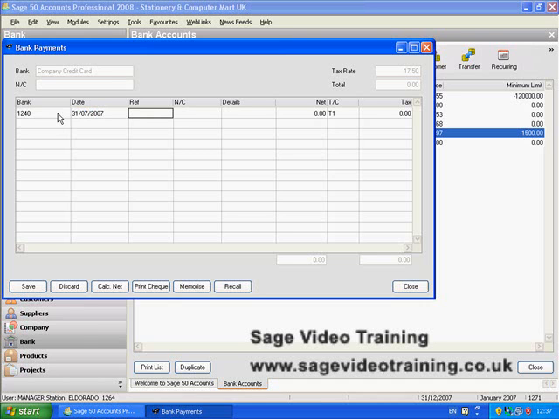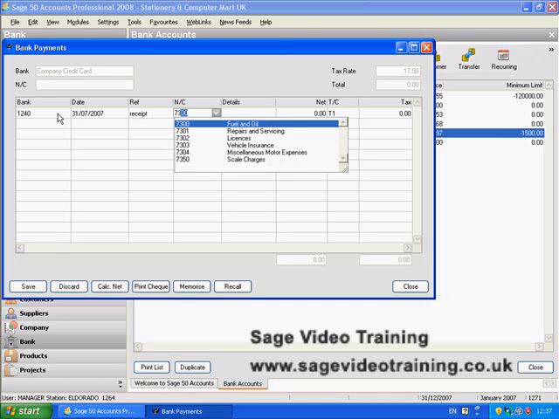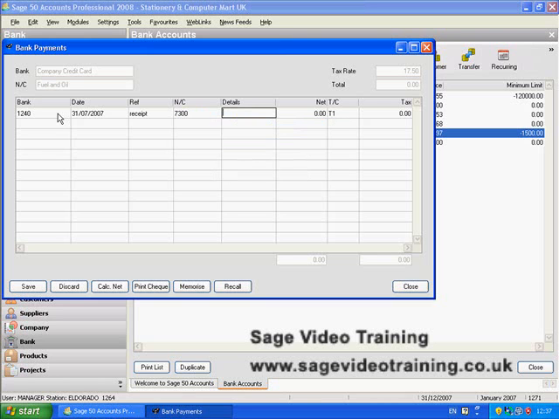The reference is obviously going to be the VAT receipt for the fuel, and that might have a reference number on it, or you might just want to put receipt 73 fuel and oil 7300, and let's just say diesel Shell Leamington. Okay, and that was £50, and we want to break that down into net and VAT, so press